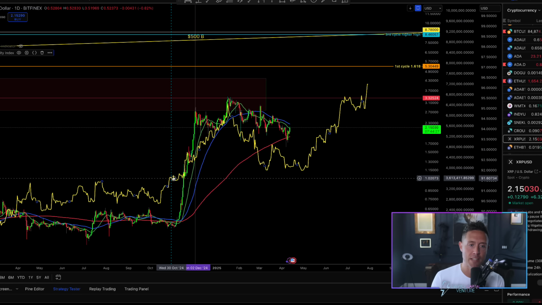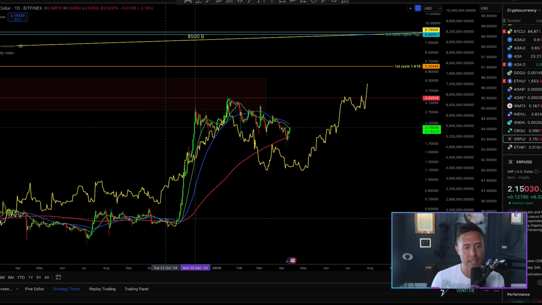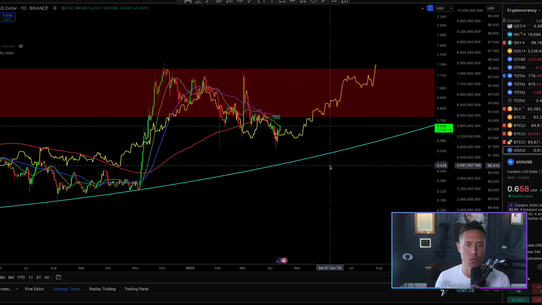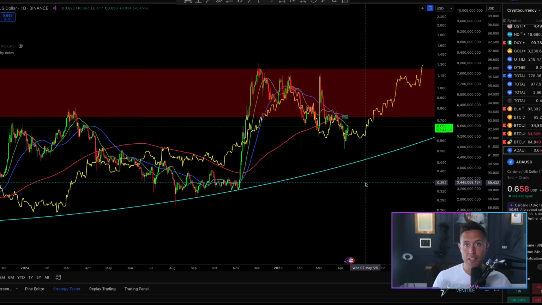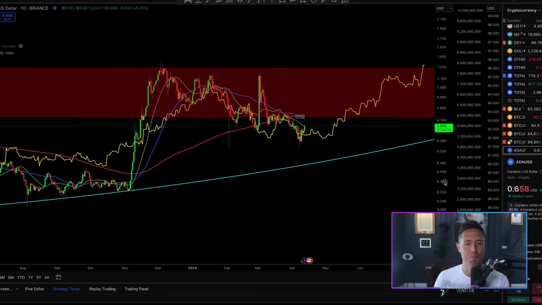But XRP, same thing as ADA. You see this gap here? The breakout happens on M2, but no breakout on XRP, and it's actually trending down and sideways. It's looking very bad, testing kind of previous lows. This is something I just want to be very clear about. This is a very macro bull video, but on the short term, in the weeks ahead, maybe the rest of April, just be careful. I'm not saying we won't break out to the upside, but be careful,